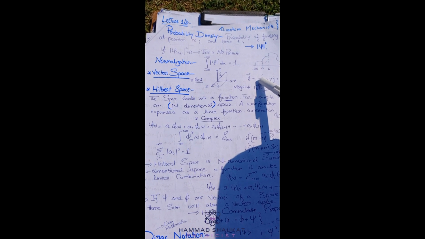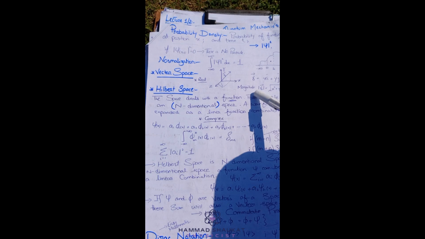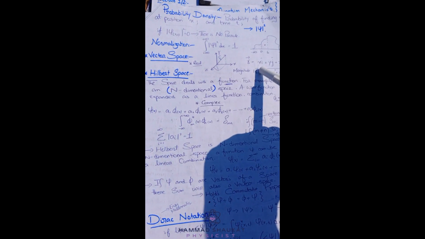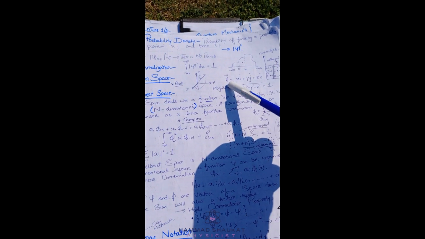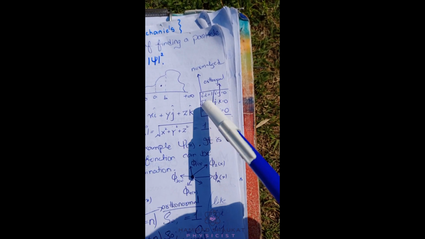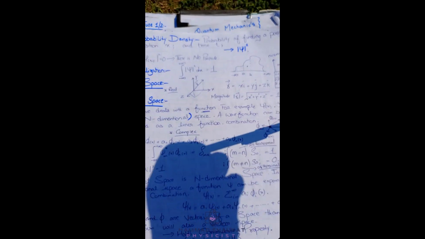Vector space is used in classical physics, in classical mechanics. If you want to find the magnitude of your vector r, you just have to sum up the squares of all components and take the square root, and this is your magnitude. So this is basically the classical method of finding with vector space. These are some properties: i dot i equals 1, j dot j equals 1, k dot k equals 1. But for the opposite pairs, i j, j k, and k i, it equals 0, not 1.